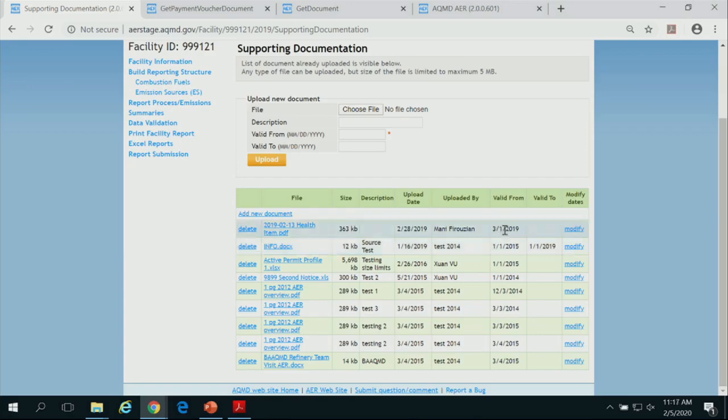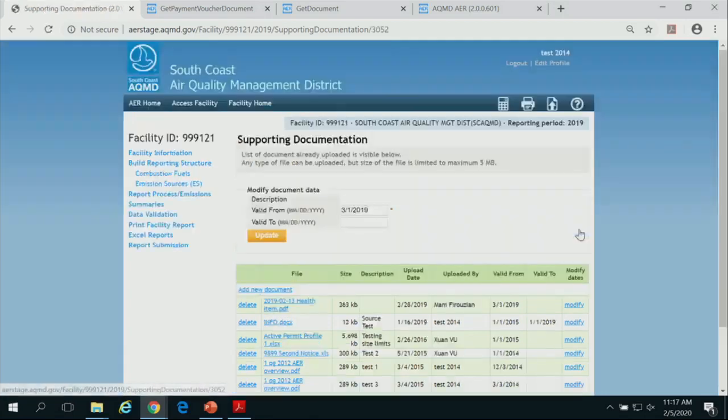Let's say you uploaded it with a valid from of March of last year. Now I found out that the safety data sheet was changed, right? So effective yesterday, I have a new data sheet. You can come to the old one and modify it, put, let's say, yesterday's date.